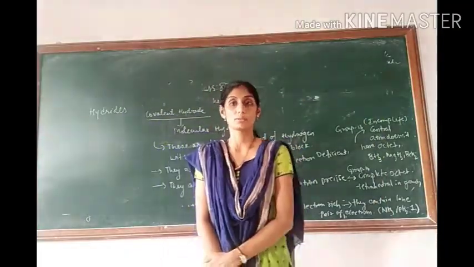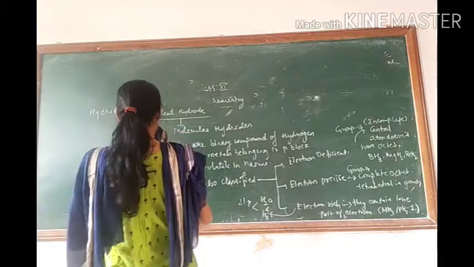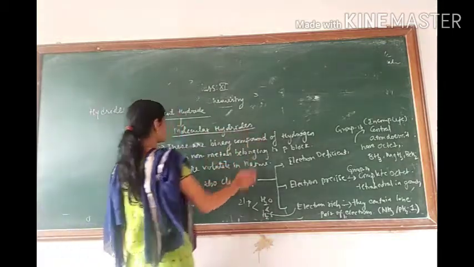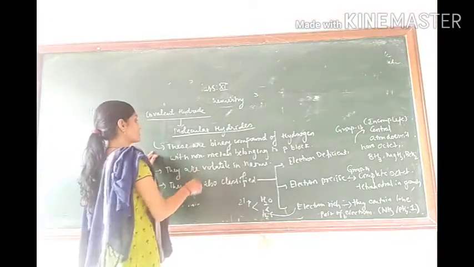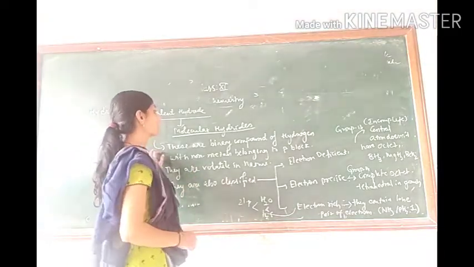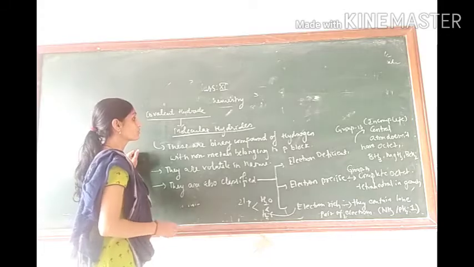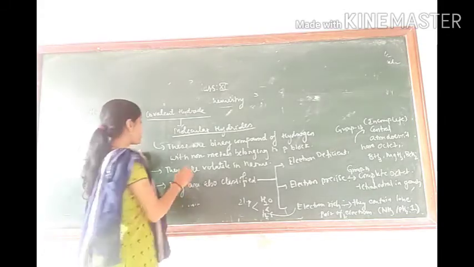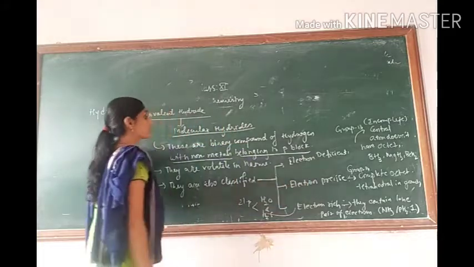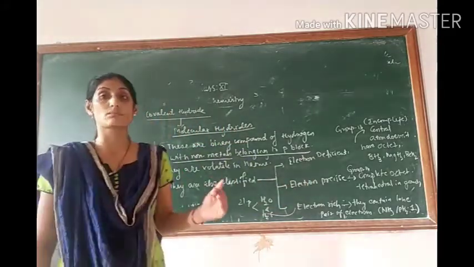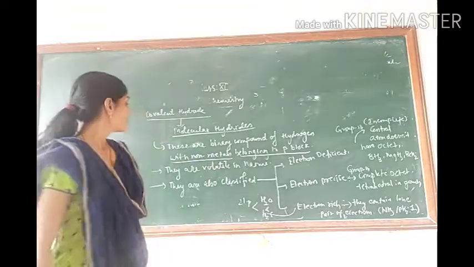Now children will learn about the very next one, covalent hydride. It is also known as molecular hydride. They mostly form binary compounds containing two atoms along with hydrogen. So mostly they form compounds with non-metals belonging to the p block, and they are volatile in nature, that means they can easily convert into vapor.